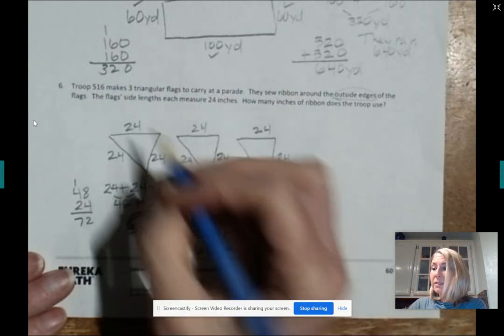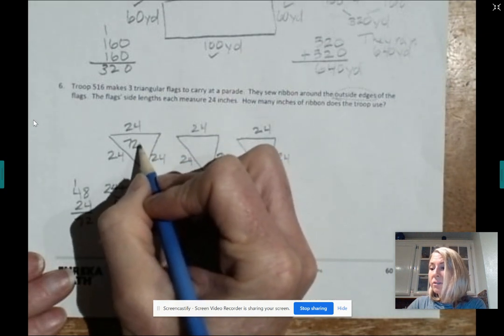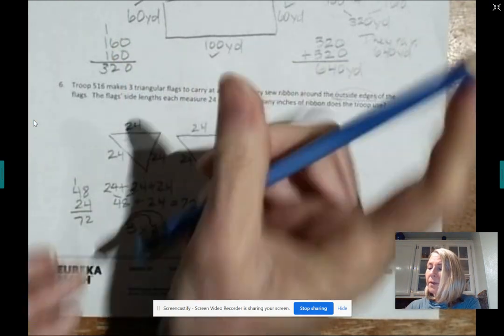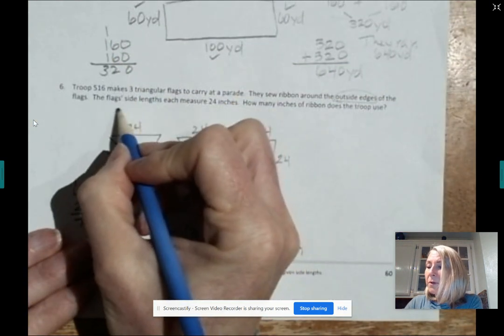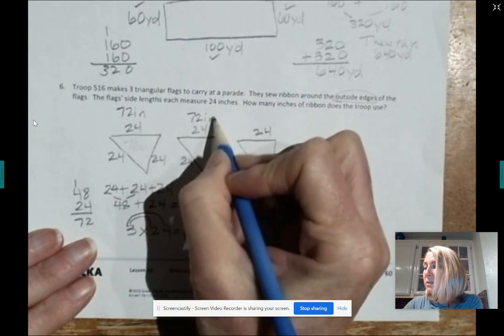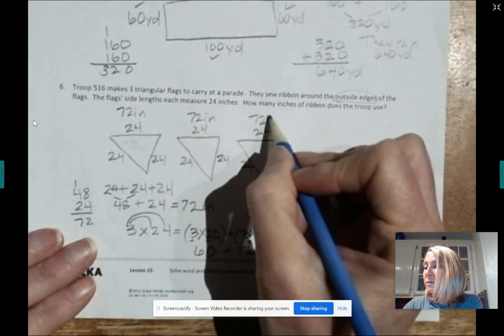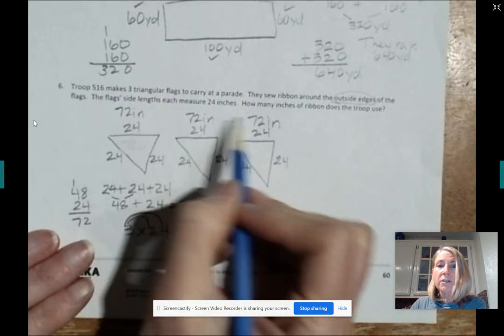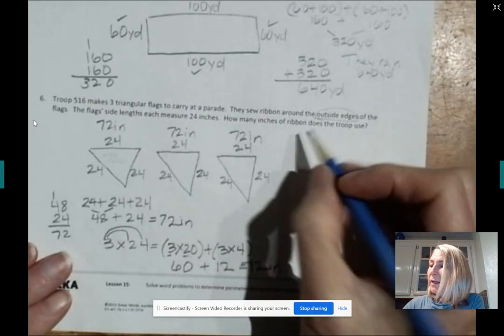Now that I have 72, it's like this is 72 inches. Oh, I should not put that in the middle because that makes it look like it's the area. Okay, so this has a perimeter of 72 inches. This has a perimeter of 72 inches. And so does this one. Do we see a new math problem emerging here? 72, 72, 72. So I can add these up,